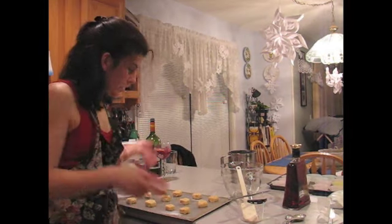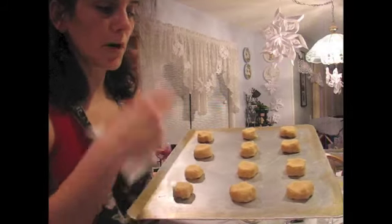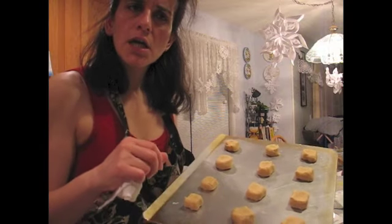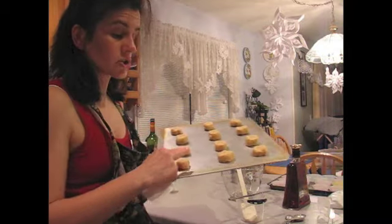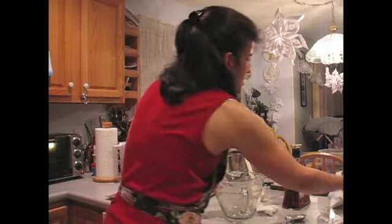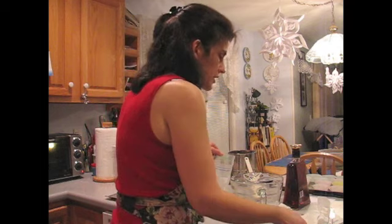While the cookies are cooking, you will do your next pan, form them. Some of them will be smaller than the others, but again, it's a pinch. Probably a tablespoon or so, but it's 2 inches wide, 2 fingers wide, 1 inch high. While that's preparing, make sure you have some powdered sugar,